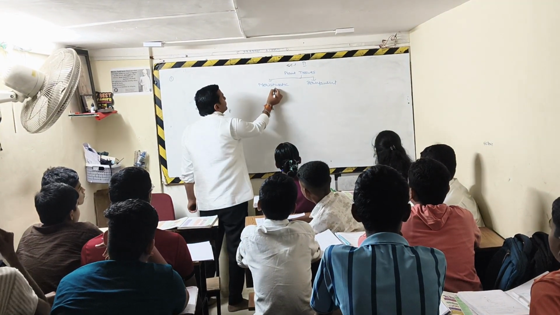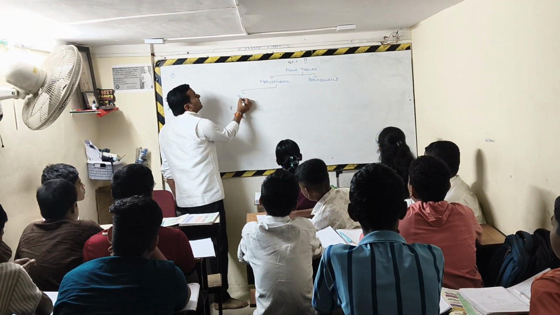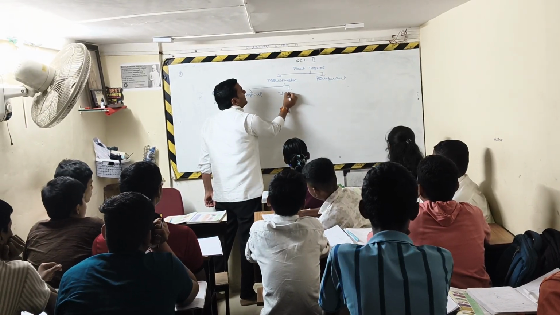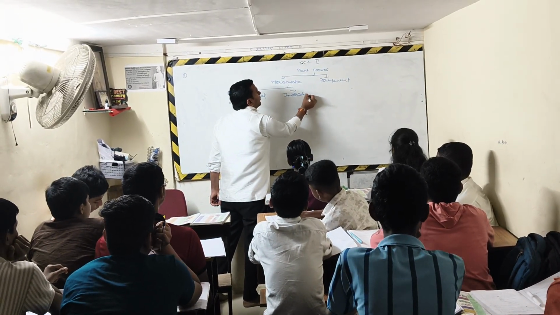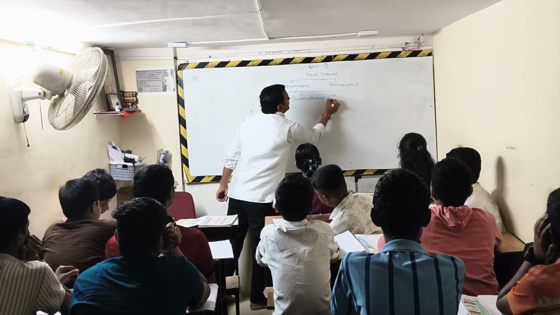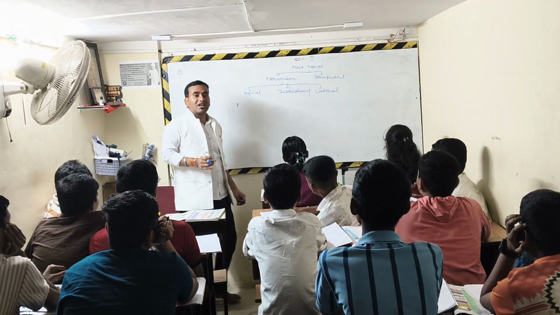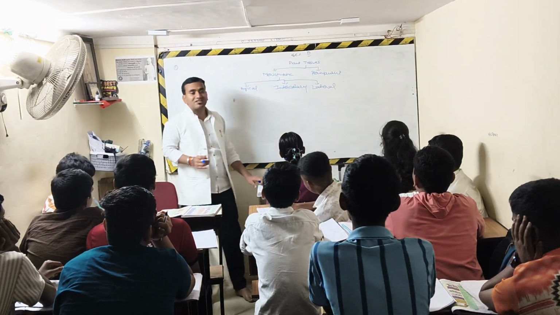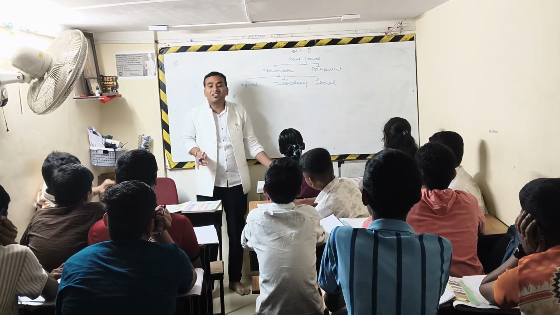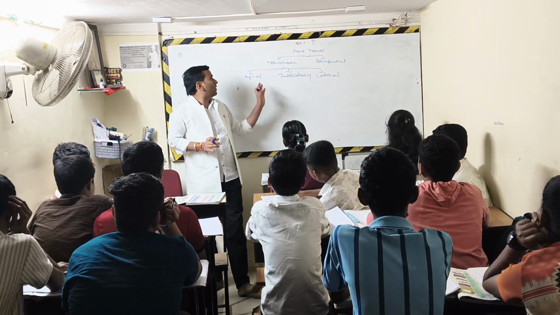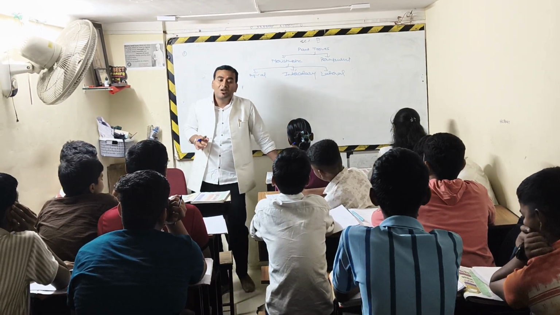Now meristematic tissue is of three types: apical meristematic tissue, intercalary meristematic tissue, and lateral meristematic tissue. Apical meristematic tissue is found on the tip of the root and shoot, and the function of apical meristematic tissue is primary